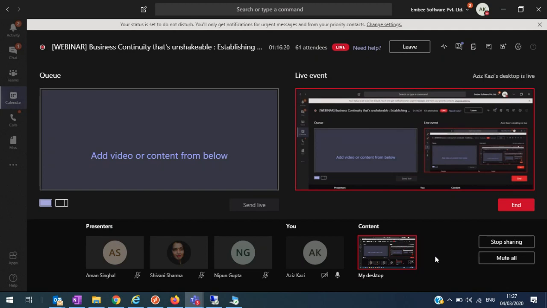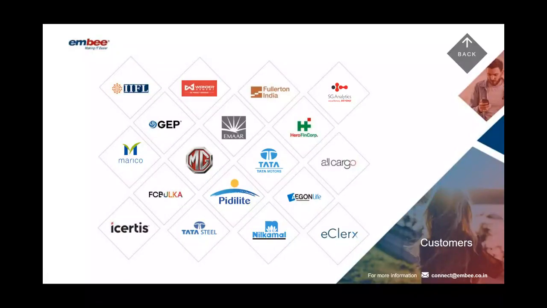So we have companies who have been using the environment for a lot of other purposes. For example, as you can see, these are a set of premium customers that we have, and out of those customers, we have Aegon Life Insurance, who has leveraged Windows virtualized environment. It's been more than 1.5 years that they have been using it, and in this time of difficulties, they have leveraged around 1,500 users who are accessing the virtualized environment from their home.